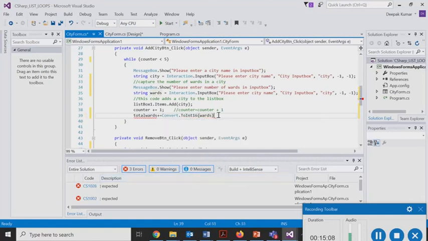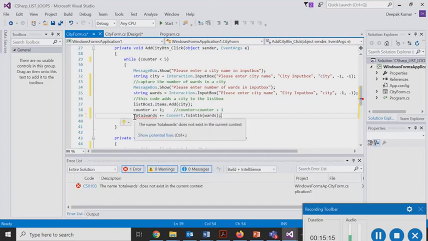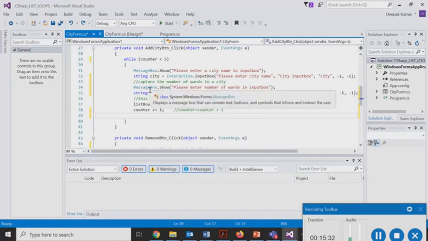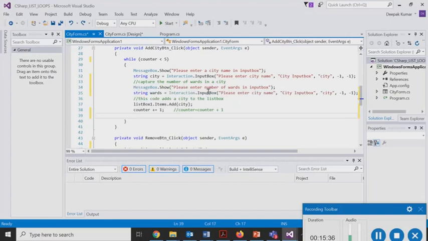But I would rather do this separately because I also want to demonstrate a for loop to you. So in that case, I would take this entry out from here, and we will do it separately as a for loop, which is fine. So at this point, what we have done is we have added another set of code to allow us to enter the number of wards in every city.